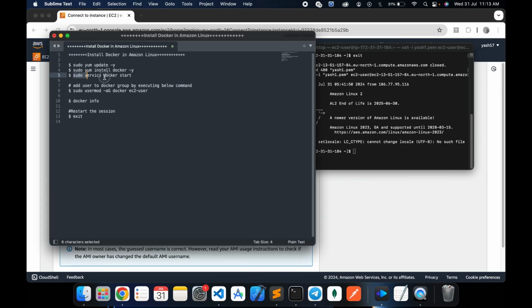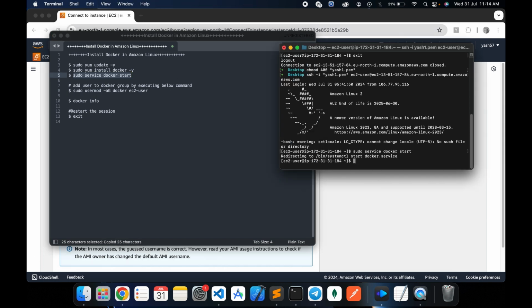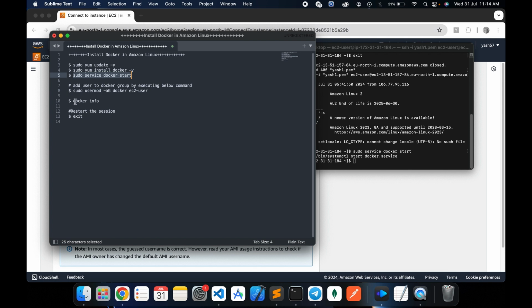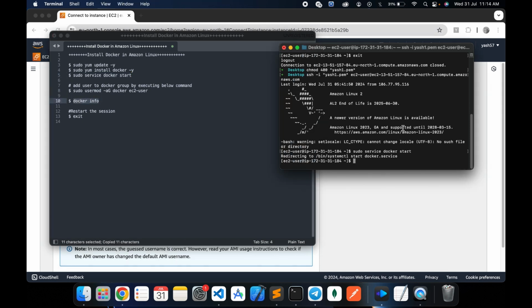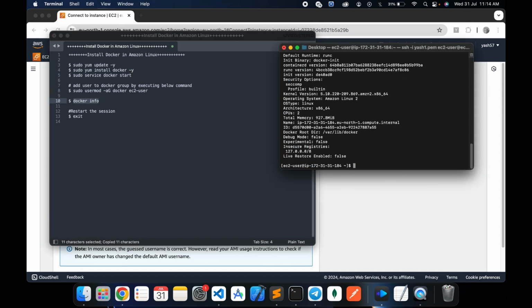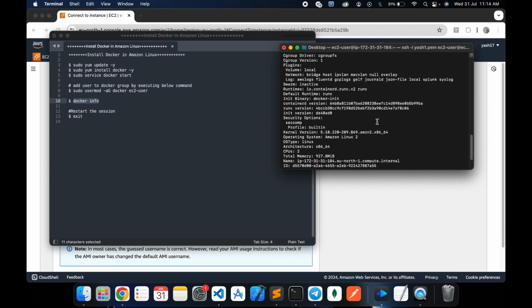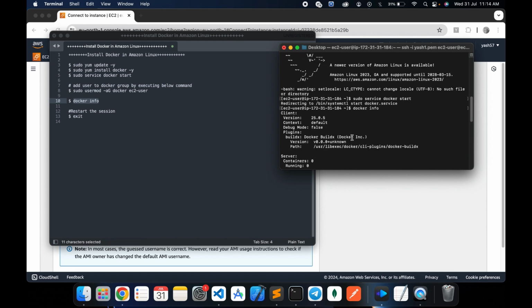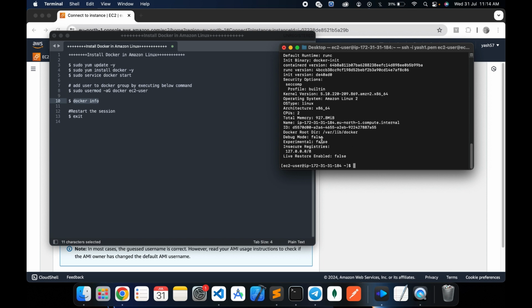Now I will copy this command. Copy this command to see Docker info. Now it is showing the Docker info. Okay, now our Docker is successfully installed and successfully working. Okay,